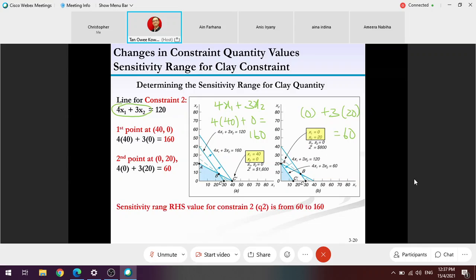Then the range is 60 to 160. It means if I'm the boss of this company and I want to stick to producing 2 products, I must make sure that the supply of the crate is between the range of 60 to 160. If below 60, then I must take action, change my production plan to produce 1 product. If more than 160, to optimize my profit, I should change my production plan to only producing 1 product, don't produce both. If not, I'm not able to maximize my profit.